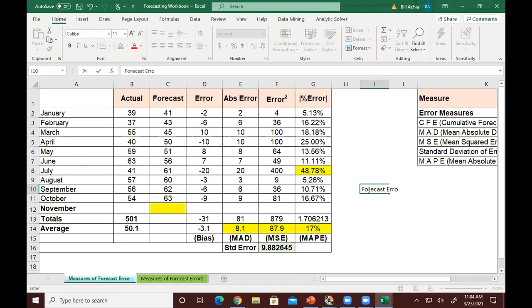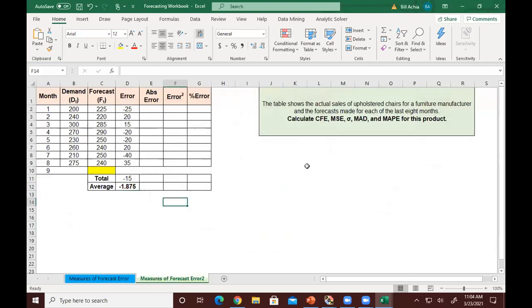Let's look at one more example and then we move from that to actual forecasting. If you go to the second tab, the table shows the actual sales of upholstered chairs for a furniture manufacturer and the forecast made for each of the last 8 months. So you calculate your CFE, your mean squared error, your standard error, your mean absolute deviation,